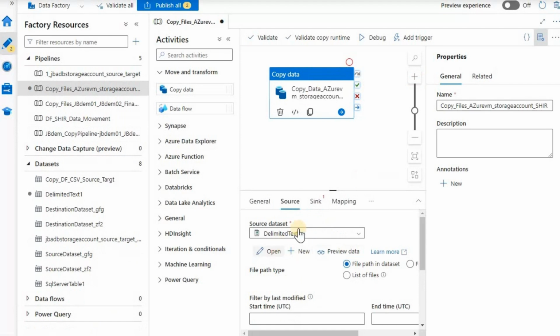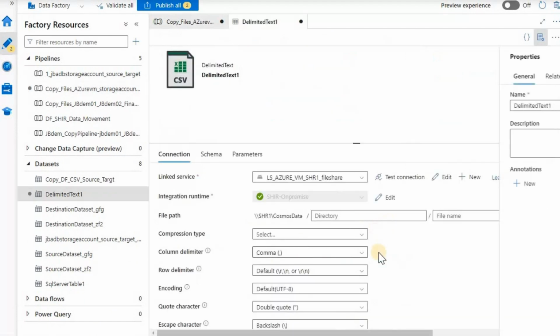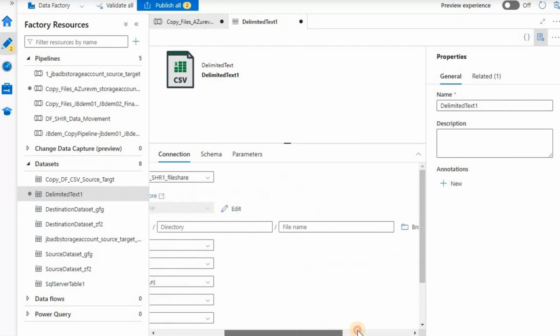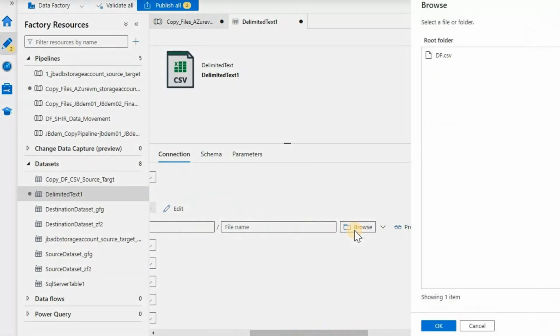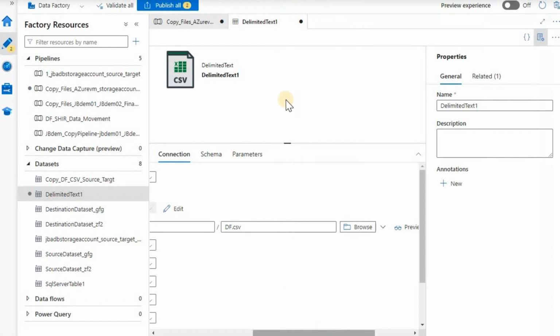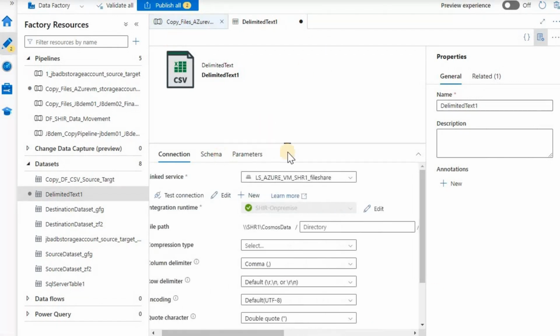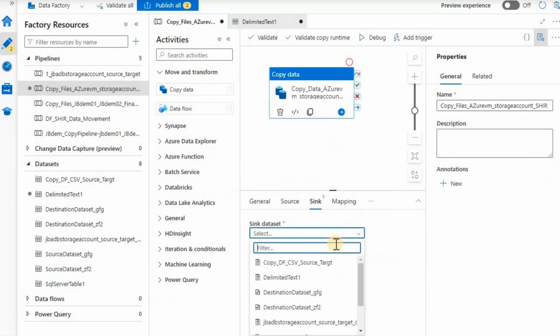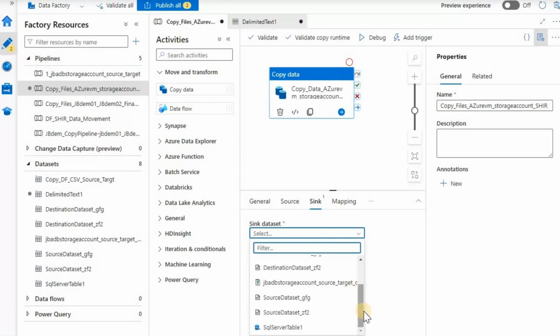Okay, so let's click on open here, and then let's select this file name, browse. Let's select this df.csv. That's on the source, right? So let's do that. And then let's go to the sink. Let's select the required things here. So in our case, what we have created is